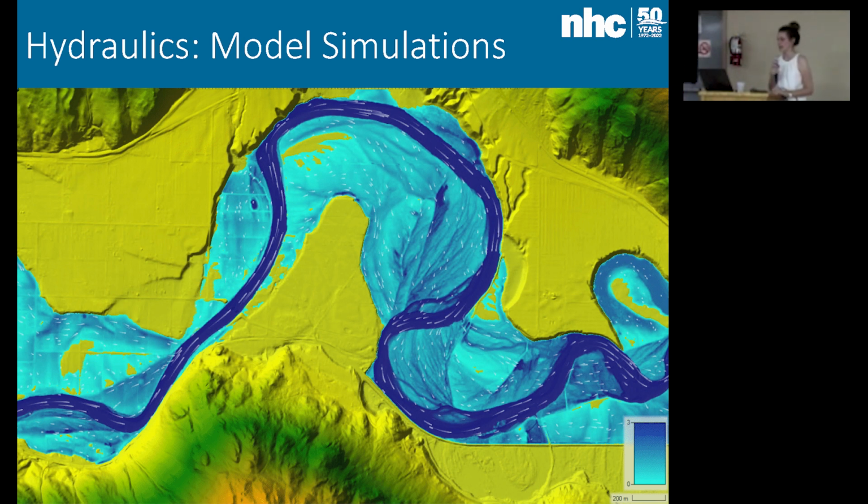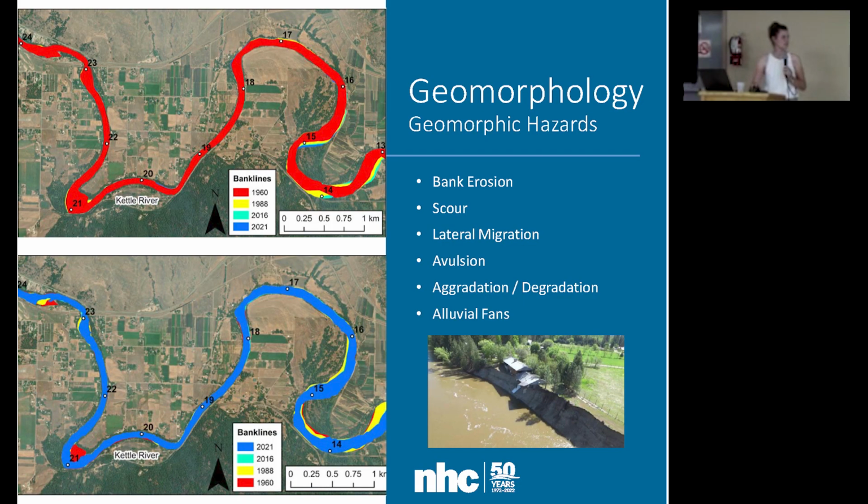So we look at how the water is moving. We look at, is it coming close to corners? Does it bend around? Where does it cut the floodplain off? All that information gets taken into account. And who uses this information the most? I use it to create the floodplain maps, but the geomorphologists actually take this information and they do a further